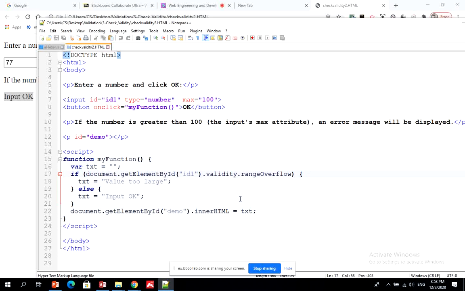Yeah, range overflow means if it actually exceeds the maximum number. Validity.rangeOverflow is a built-in JavaScript method that checks whether the value conforms to the maximum level that you specified. Overflow means the maximum value that you're going to enter. If this is going to be evaluated to true, that is, if the value that has been entered in that ID1 ID, which is the number, if this is true, that is, if this is